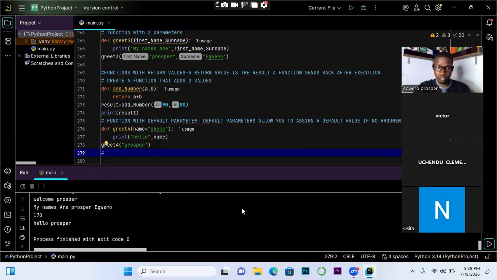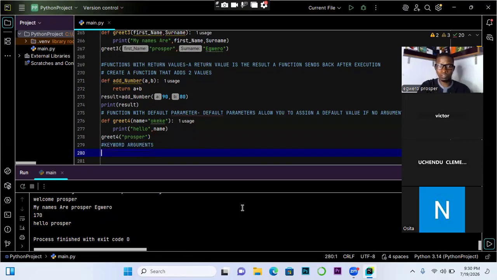All right, so let's look at function keyword arguments. There's a concept that we want to look at here. Let's look at keyword arguments. So how do we define keyword arguments when you are dealing with a function? We can say keyword arguments